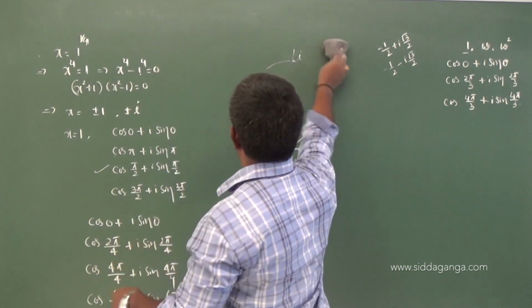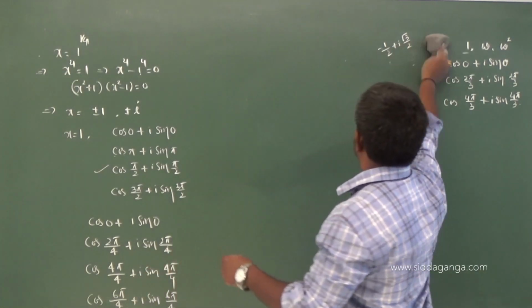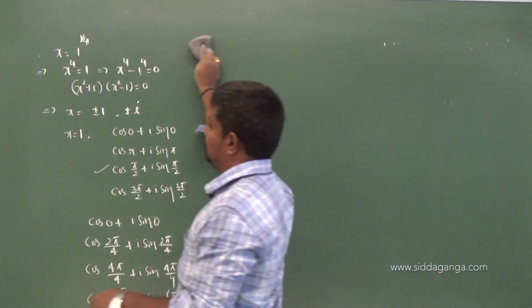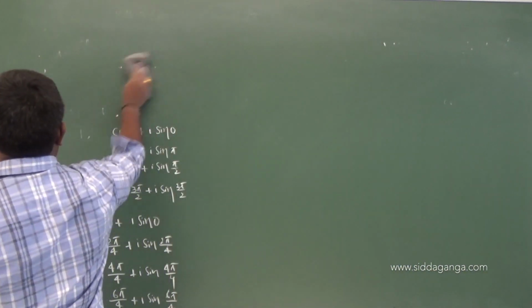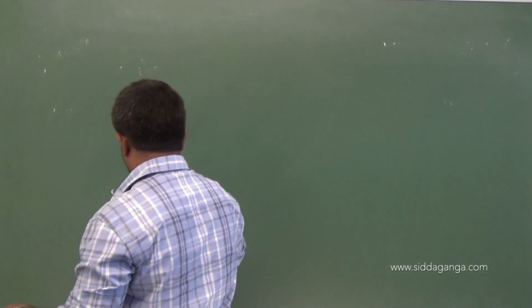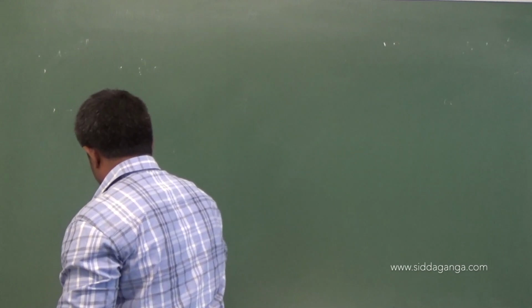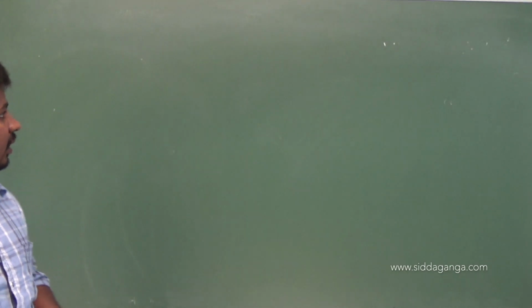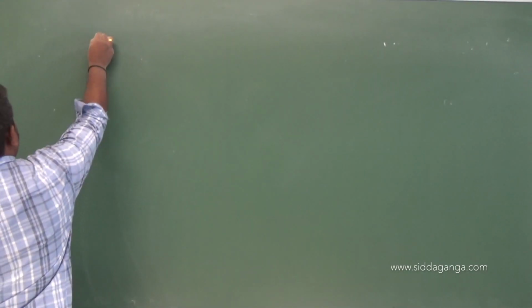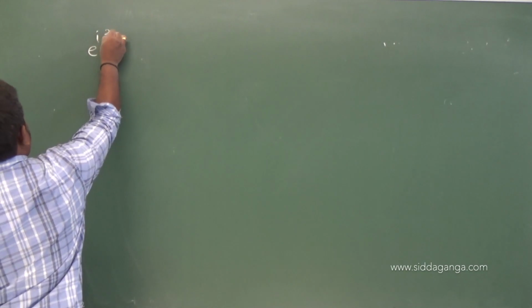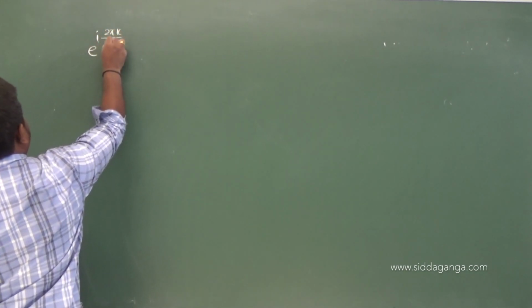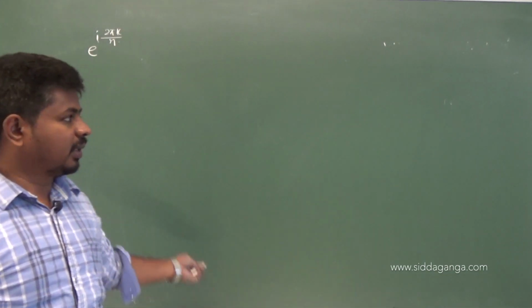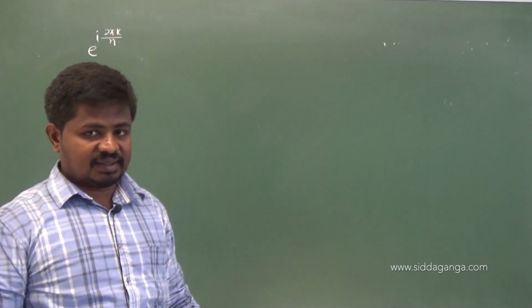So now let's move to nth root of unity. What happens to nth root of unity? From this you can conclude, for any root of unity, for nth root or fifth root or sixth root, we have a general result that in Euler form I can write this as e power of i into 2k pi by n, by using the previous results.